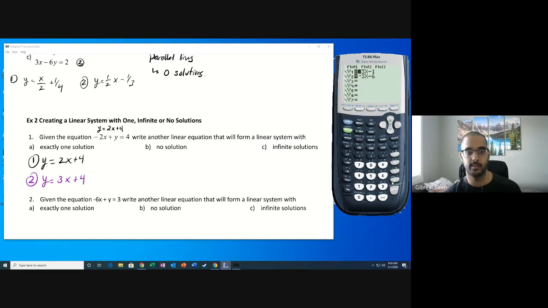And you can check it to make sure you're okay. So 2x plus 4, and then 3x plus 4. Okay, so they'll cross right on the y-intercept of 4, different slopes. There you go. Okay, so there's a solution, there's a system with one answer. If I want no solutions,